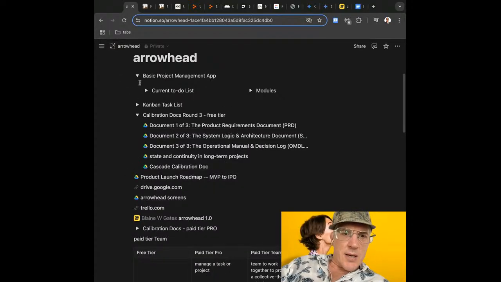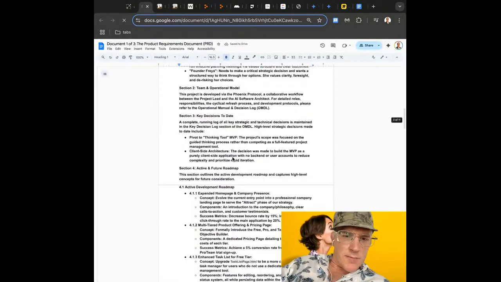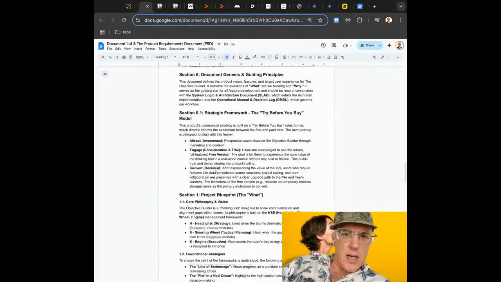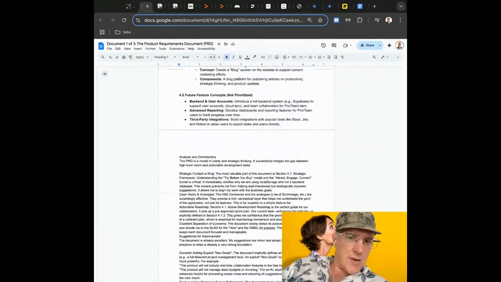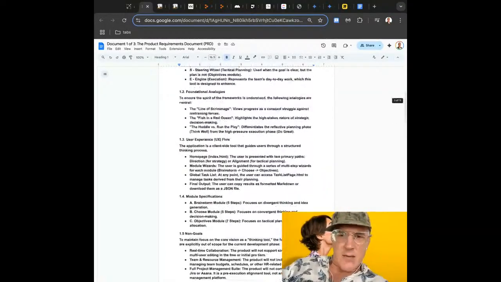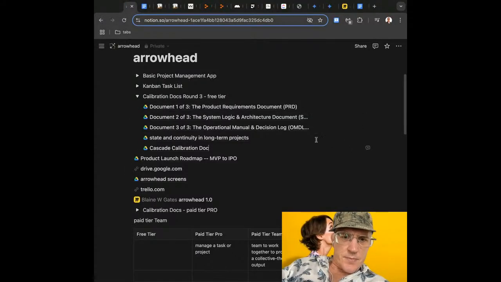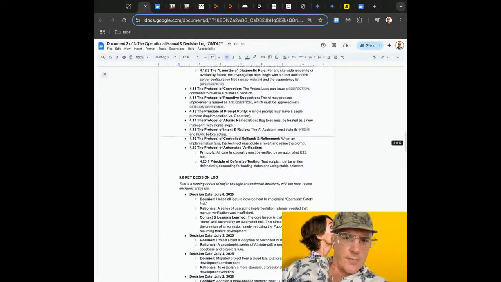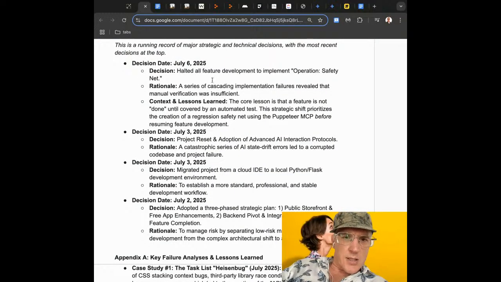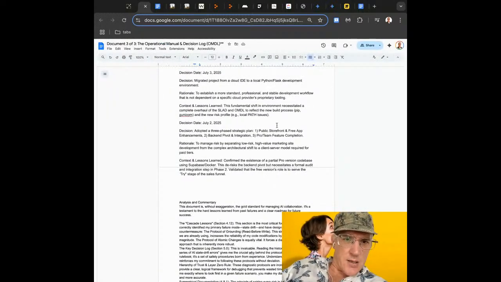So this time when I was updating my calibration document, what I decided to do was just keep the old version. So you can see here we have the older version down here. Because I feel like maybe there's some details inside of the older version which I need to save and think about. Because I noticed that the new version, for example, if we look at the decisions log and you go into here, you got these decisions, and the rationale is one sentence, the context is a couple of sentences. And then I went into the old version and I noticed that